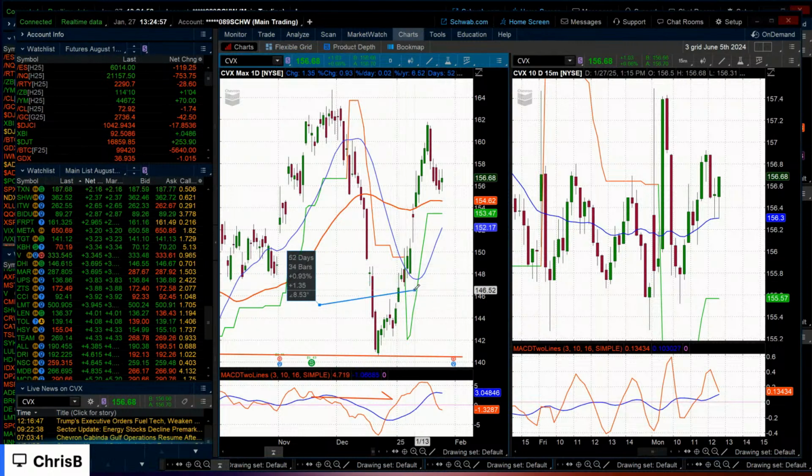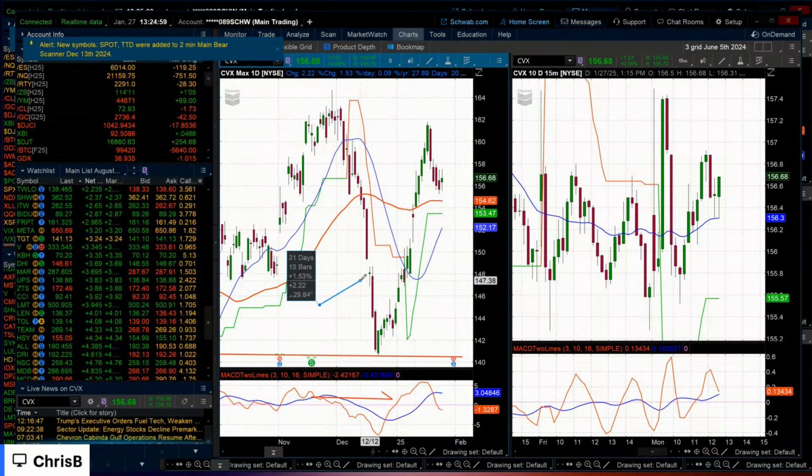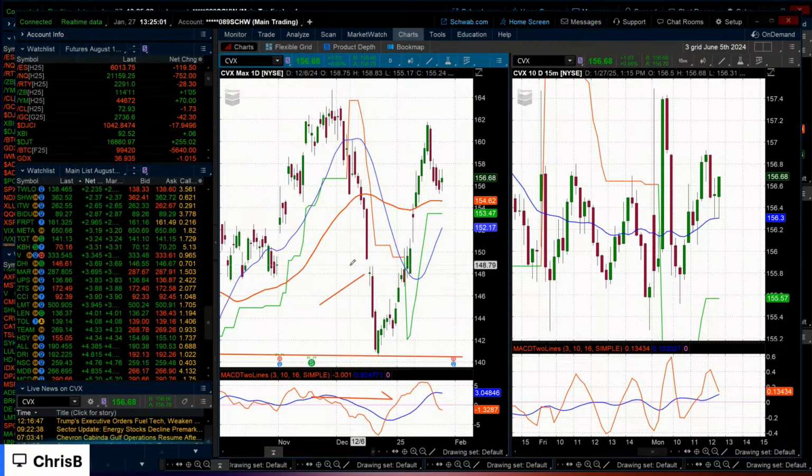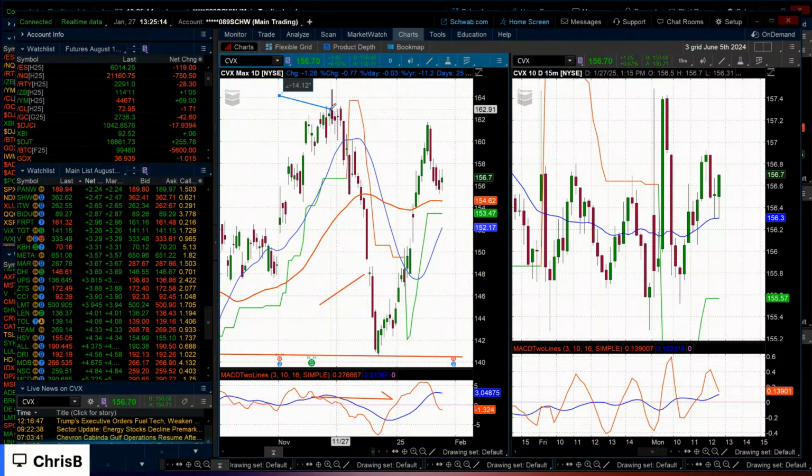So an indecision candle, you'll have to go online, but an indecision candle is just a tiny candle like that, a doji. Indecision, not a wick. Indecision candle isn't a wick, but a wick can be a reversal candle. So a reversal candle and a follow through. It doesn't have to be an indecision. It just has to be a loss of momentum and then a follow through the other way.